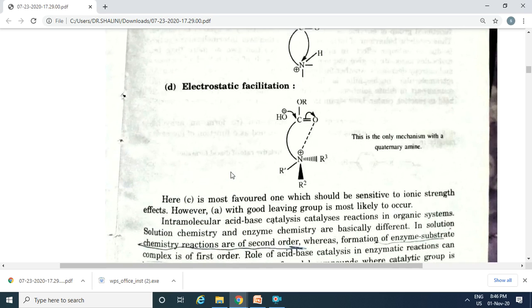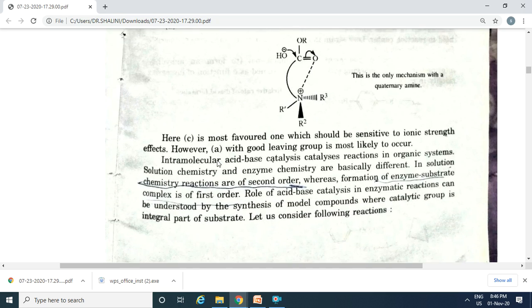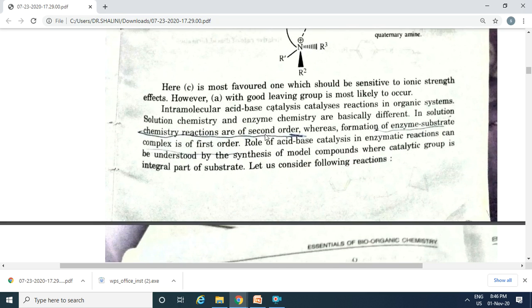The electrostatic facilitation also occurs here, and this carbonyl oxygen gives the electrons or support to the positive nitrogen, which is becoming quaternary here. So intramolecular acid-base catalysis catalyzes the reactions in organic systems,